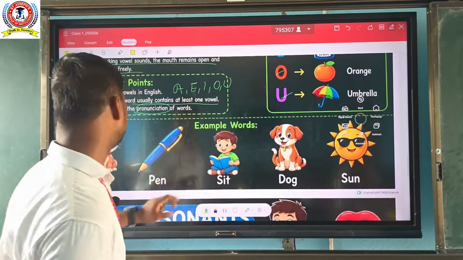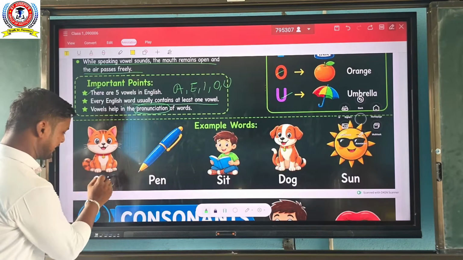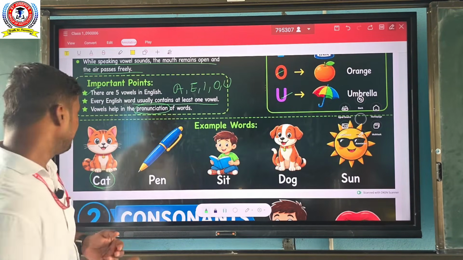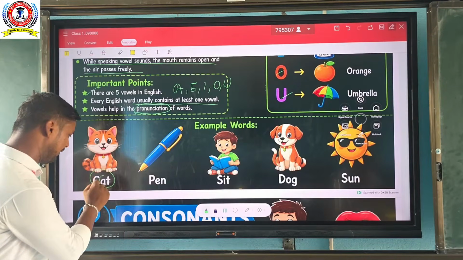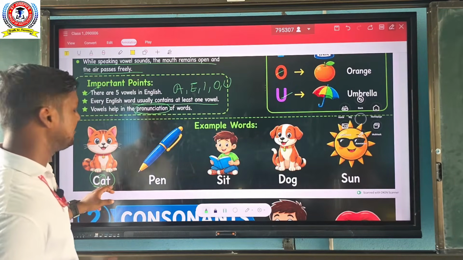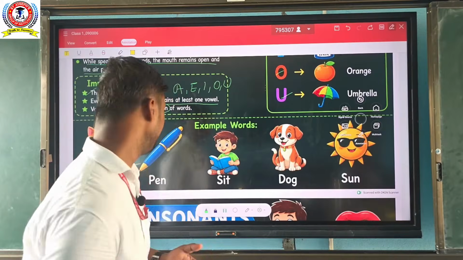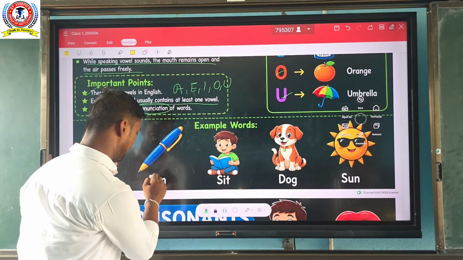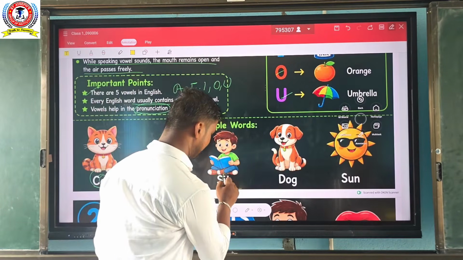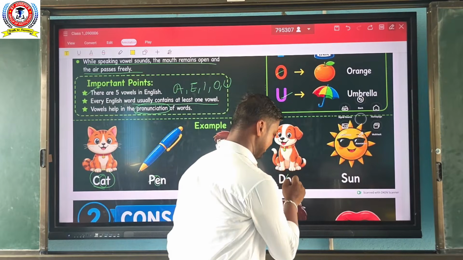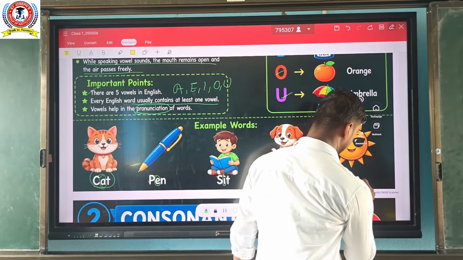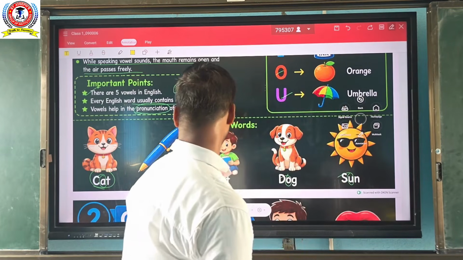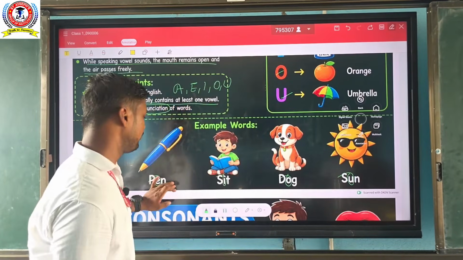You can see that cat. There is a vowel, and the vowel helps us to pronounce that word. Pen, there is a vowel. Sit, there is a vowel. Dog, there is a vowel. Son, also a vowel. Then we are going to the next part of the